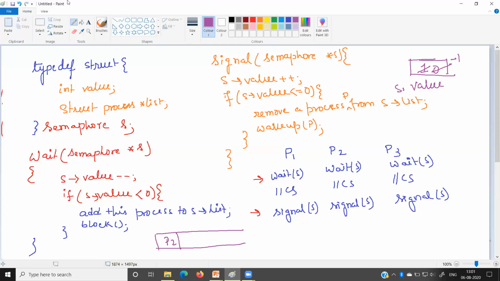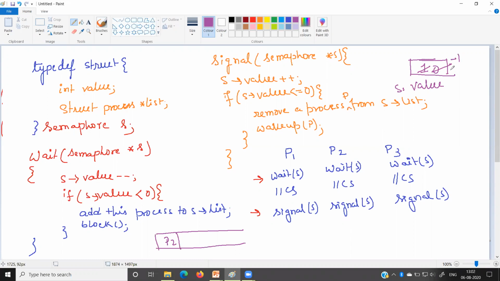Fine. So now if P2 is blocked, P2 cannot continue its execution. Now suppose P3 wants to execute the critical section at the same time while P1 is in the critical section. So P3 will execute this wait function with the value of the semaphore variable minus 1. So it will perform minus 1 minus minus.